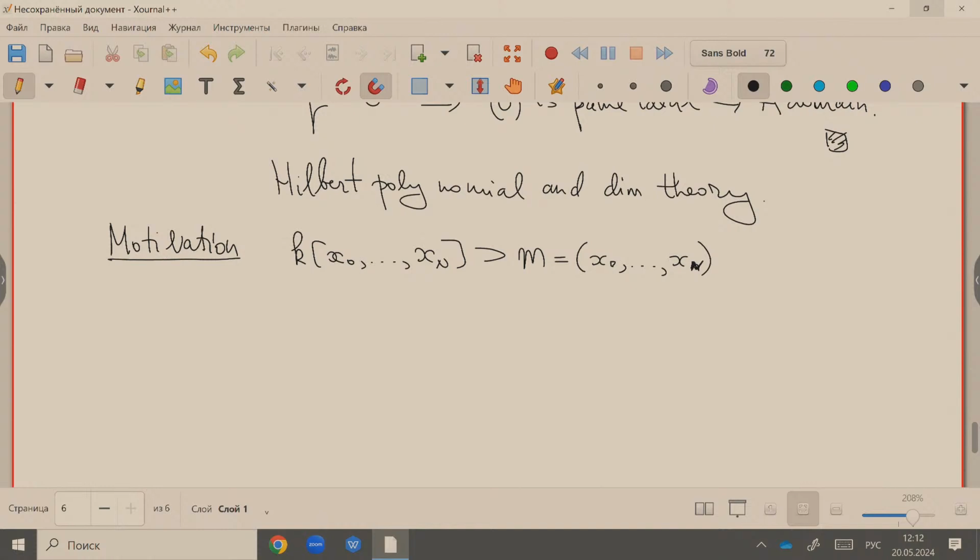We have noticed that m^i modulo m^(i+1) are finite dimensional spaces. These are the set of monomials of degree i. We can set it as just the vector space generated by